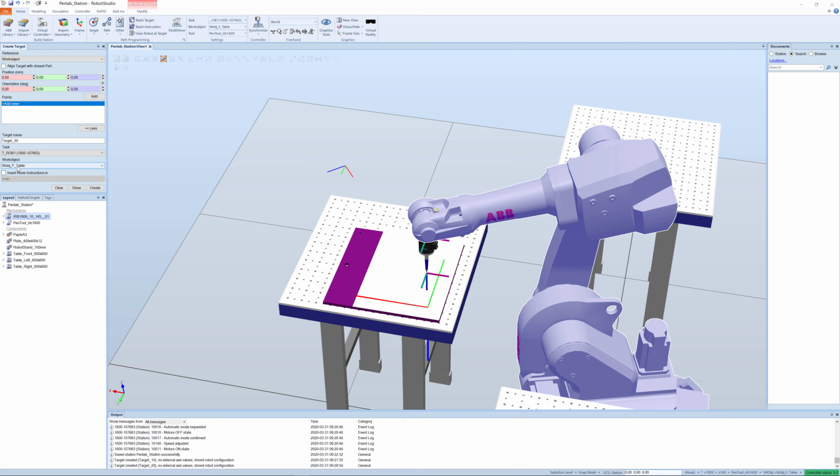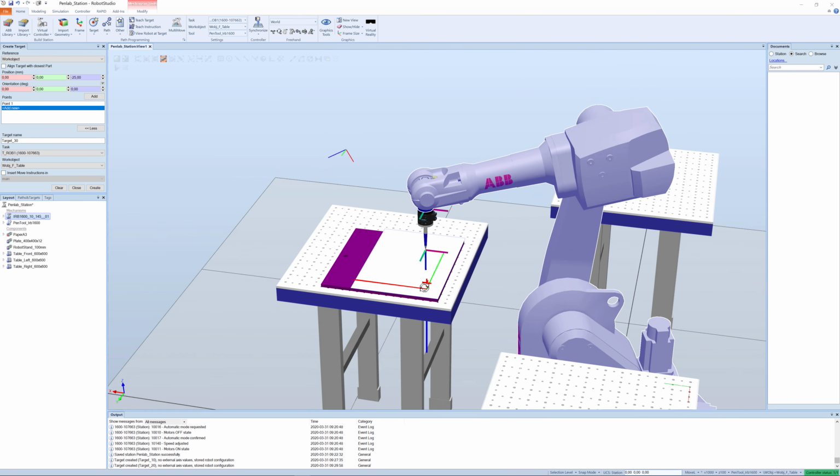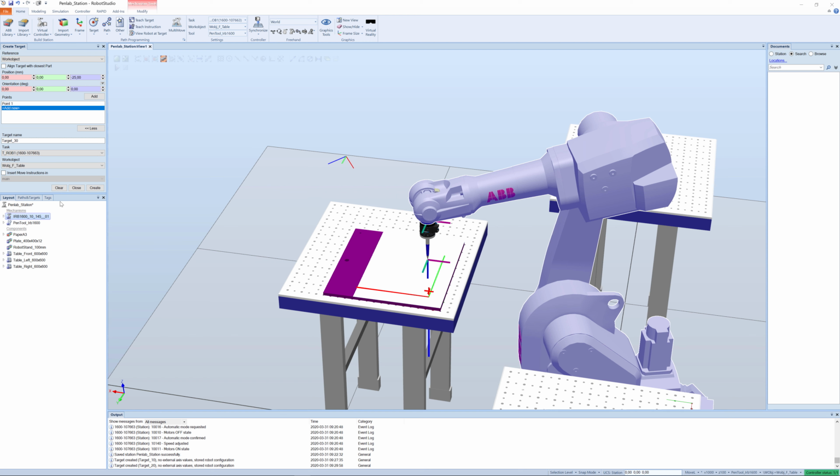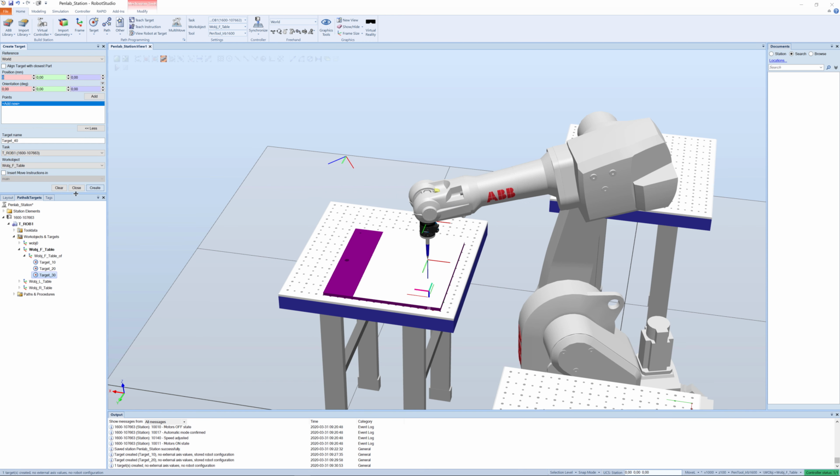The work object is the front table here, and the position could be X, Y, and we say minus 25 millimeter, and we add that one, which will be just above the paper, and create that one. So now we have the home position,